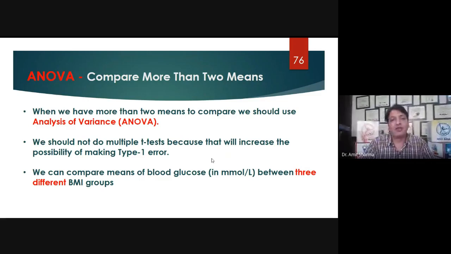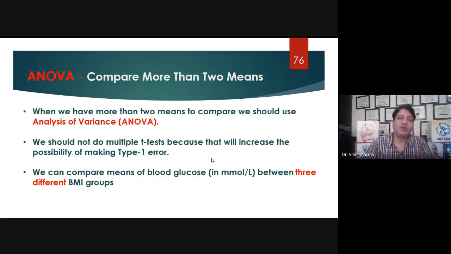But if you use the one sample t-test to compare the means three times, there will be a 15% chance of error, because for each test you are taking a 5% chance of error and a confidence interval of 95%. So if you run the one sample t-test three times, the chance of error will be 15%.